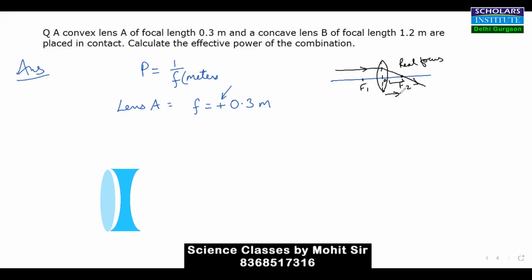When measuring something in light, if we are moving in the same direction in which the incident ray is going, the measurement is positive. The direction of the incident ray is this, and for measuring focal length we are moving in this direction, so the direction is the same, which means the focal length will be positive in this case. All values in the same direction as the incident ray are taken as positive. Understood why I have taken this to be positive? Let me call this FA.